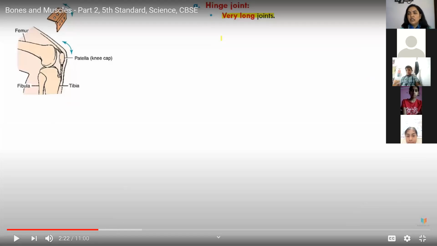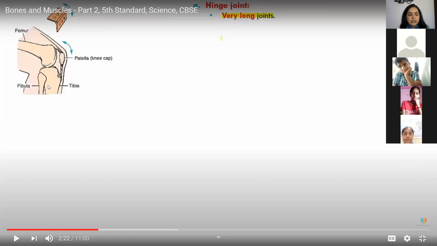Hinges, you people have seen in the doors of your house. So doors have hinges. A hinge can give back and forth movement, not rotation in all directions. You can do this with your leg also. You can move your leg back and forth, but you cannot move it all around as you can move your shoulder. So this is the picture of a hinge you can see. You have all seen it in the doors of your house. So this is the hinge joint. The same type of joint is there in the knee, and that is what we call the hinge joint.